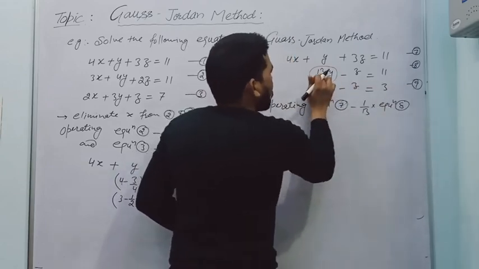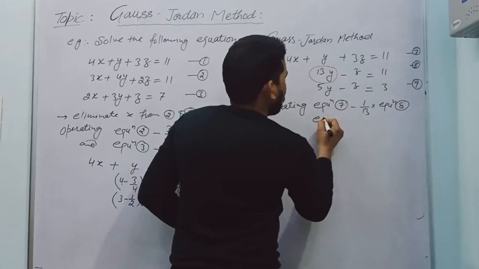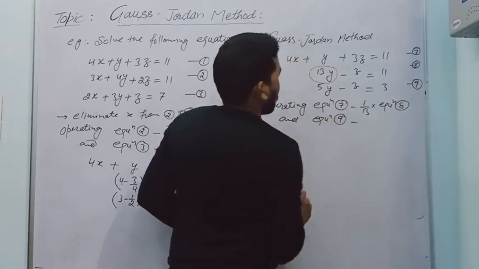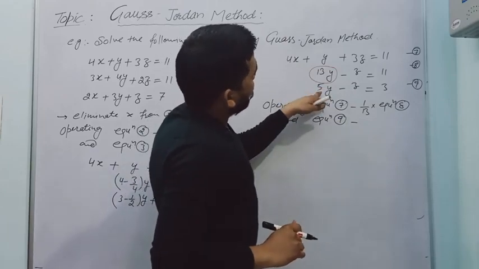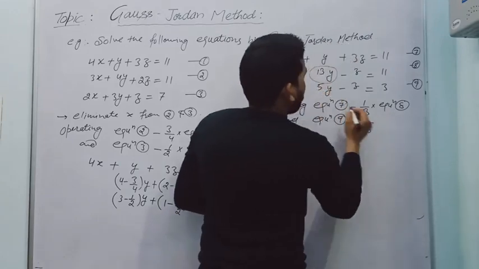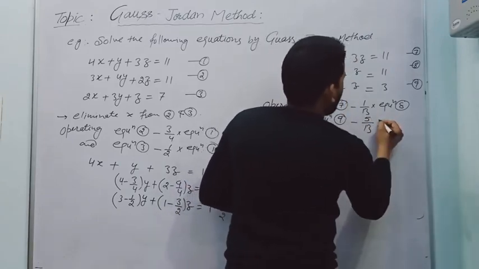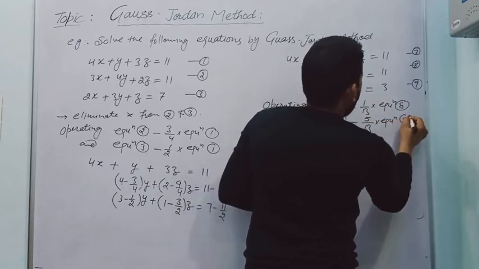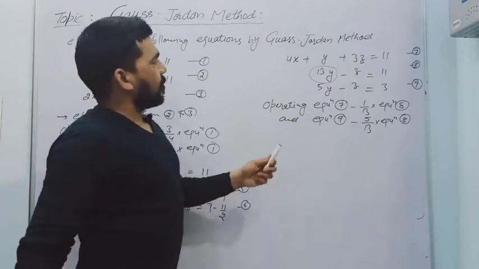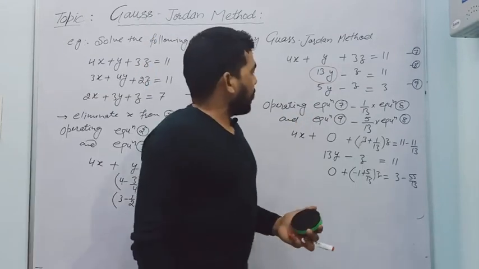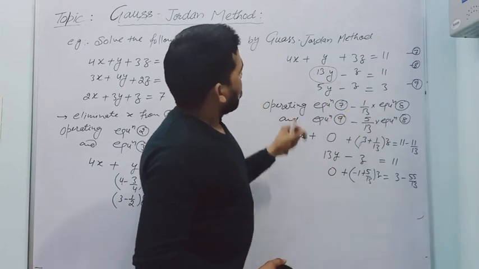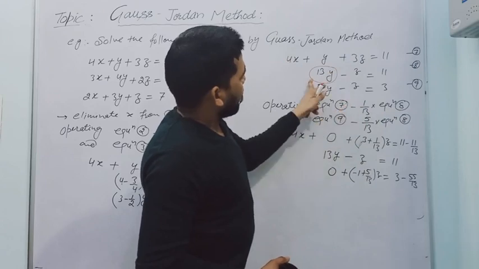That means किससे multiply किया जाए equation number 8 को? So you say that we will do the operation. We will do the operation equation number 9 minus of, we want the 5y. 13 we don't want. So that means divide by 13 and multiply by 5. So by 5 by 13, the equation number 8, and subtract from the 9, right? So when we apply this operation, equation number 7 minus 1 by 13 of equation number 8.